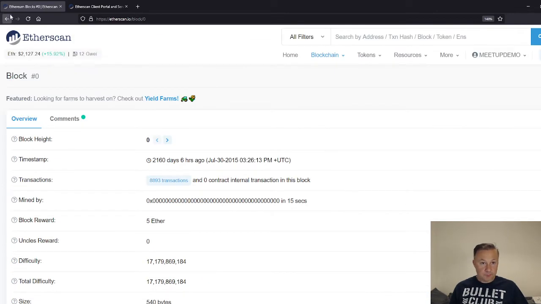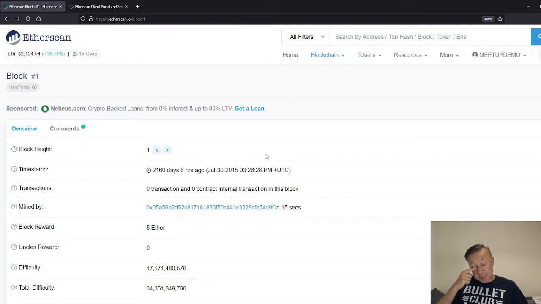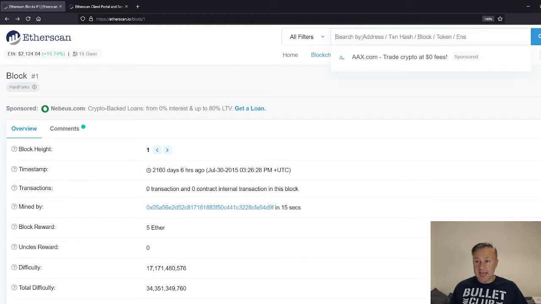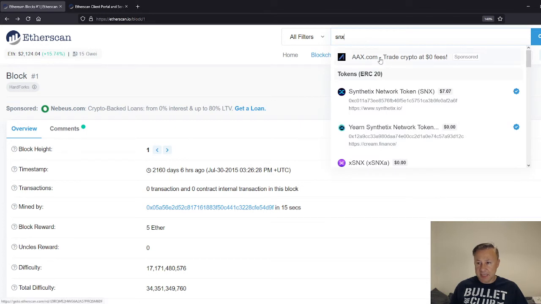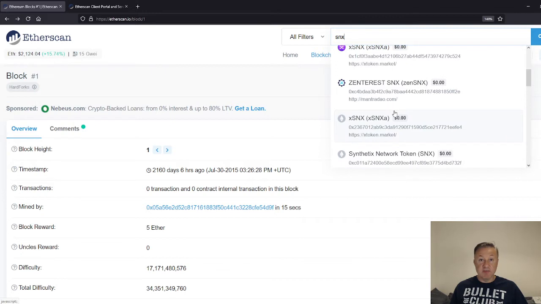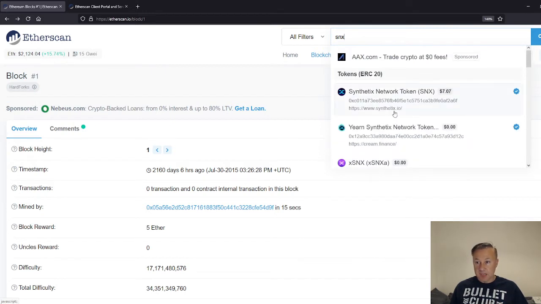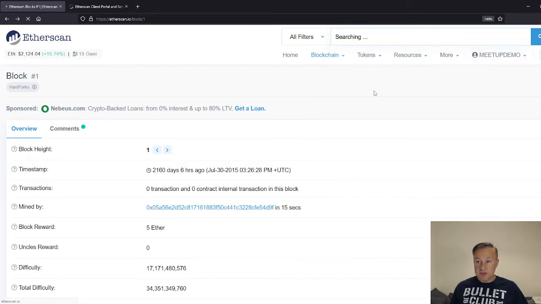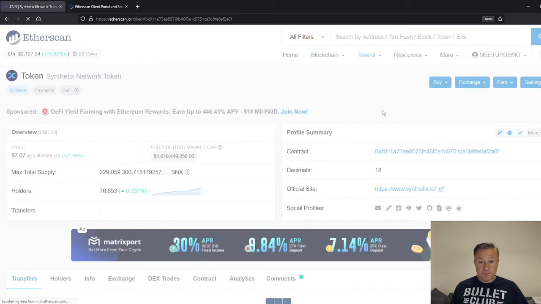So if we move back, there are a couple of other things you can do. Token wise, you might be interested in a particular token. So if we take a look at Synthetix token, which is SNX ticker, what you can see on there is it will give you a list of all the different ERC20 tokens. And if we go to the Synthetix token,